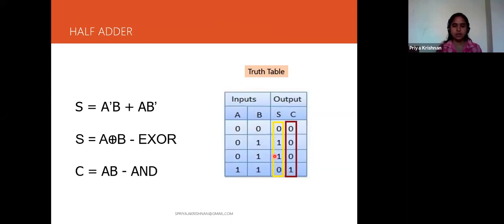So can anyone tell me which gate will give this output? Put it in the chat box. Which gate will give me this output: 0, 1, 1, 0? Yesterday we discussed some different gates, no? 7 gates we have discussed.